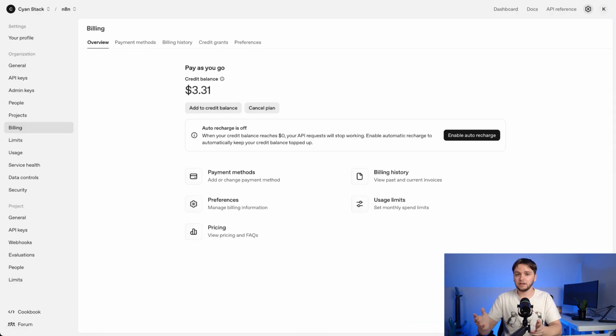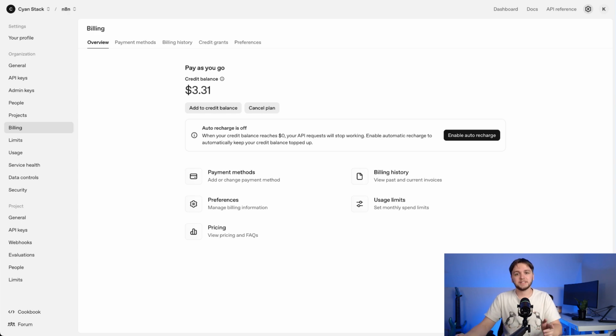Like I said earlier, running this agent will literally cost pennies. But I was wrong. It's actually going to cost a fraction of a penny to run if you use the correct GPT model, which I'll show you in a bit. So just add $5 and it's going to last a very long time, even if you use this agent every